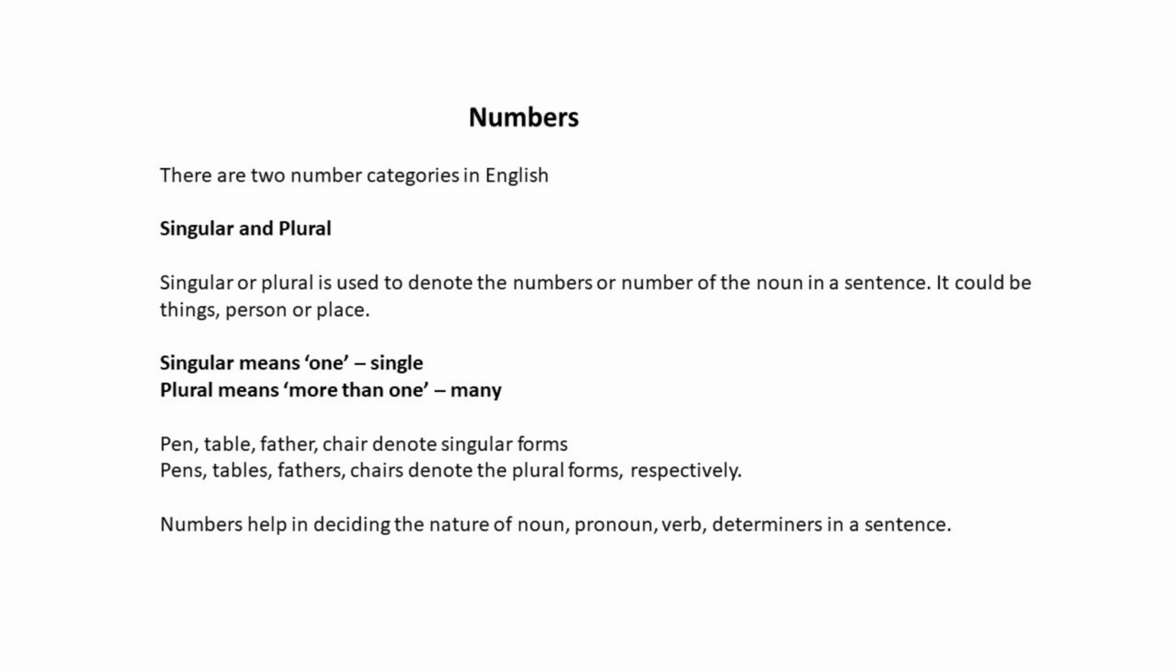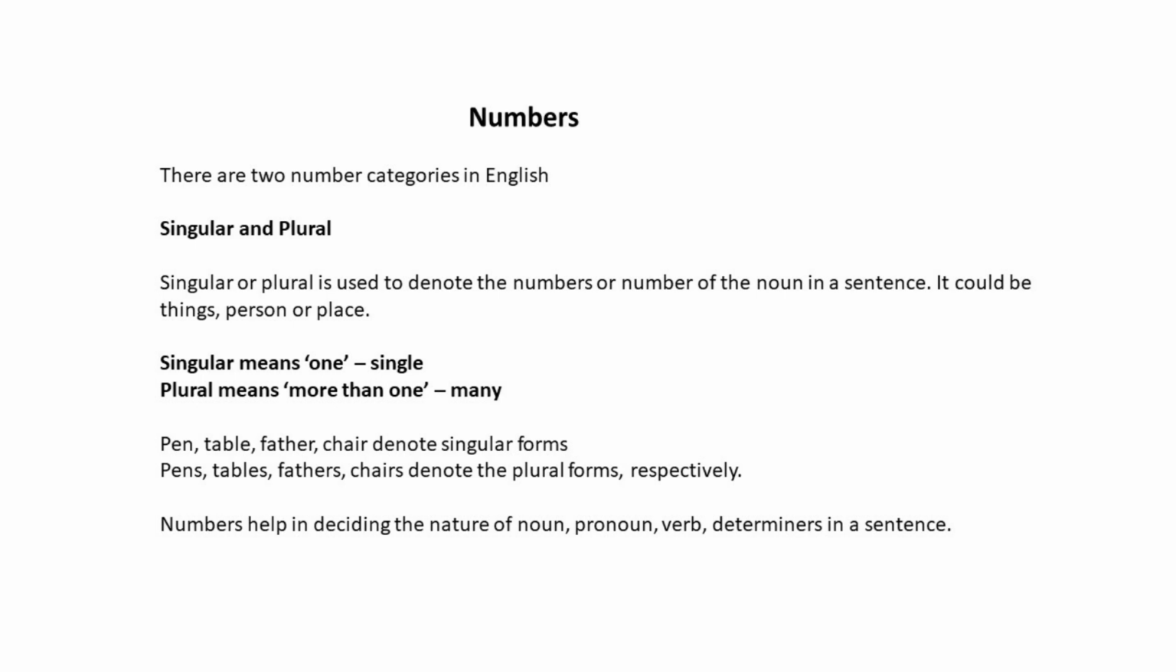Singular means one. In the word singular itself, you have single. So it denotes one. Similarly, plural means more than one. It means many. Singular and plural can be things, persons or places. So the words pen, man, table, father, all these are singular nouns, and pens, tables, brothers, chairs,